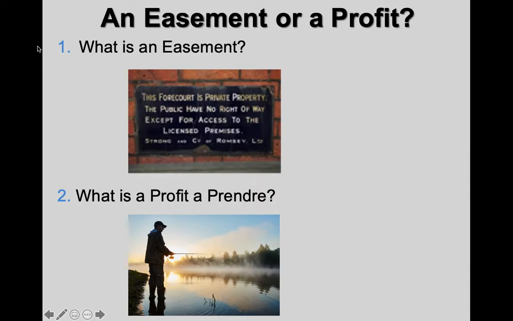So when we looked at licenses previously, we looked at a bare license, permissive. We had a contractual license, so coupled with some form of consideration, and we had a license coupled with a grant. A license coupled with a grant is the permission to take something from the land. It would be better if there was an easement because that's a proprietary interest, but a license coupled with a grant is the strongest form of license you could have because it's attaching itself to a property interest.